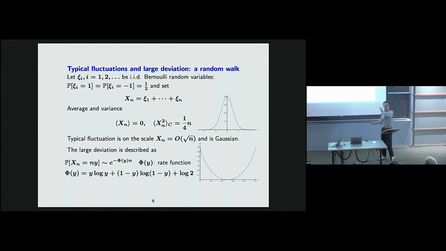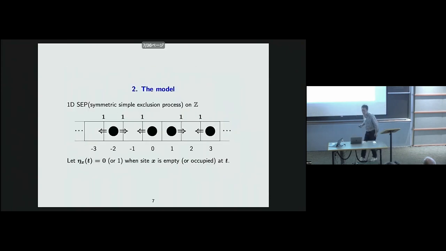Is this clear? And of course, we are interested in calculating the large deviation function for an interacting particle system, SEP in our case. Okay, so let's recall the model again. We consider the one-dimensional symmetric SEP, where particles hop in a symmetric manner. And maybe we can also introduce the occupation variable eta_x(t), which is 0 when the site x is empty at time t,